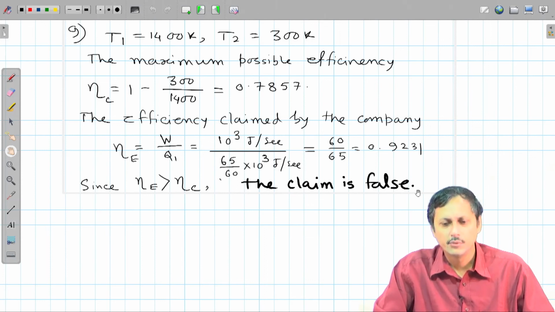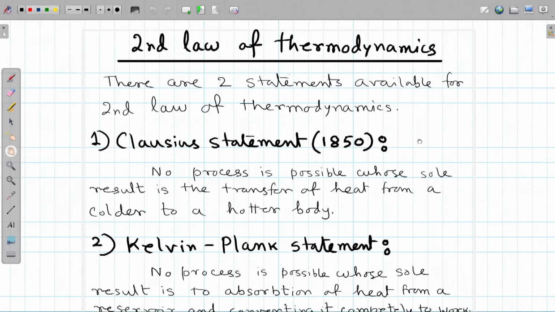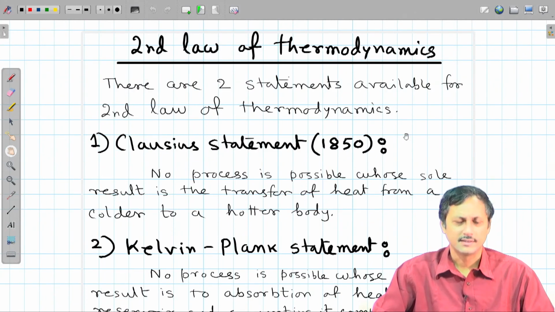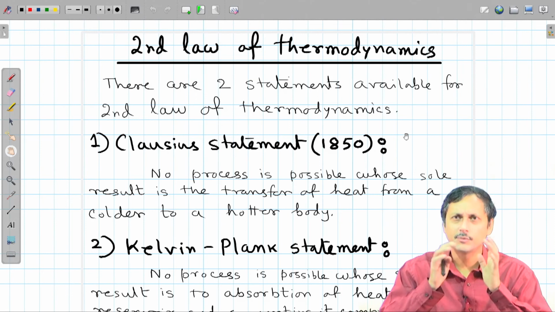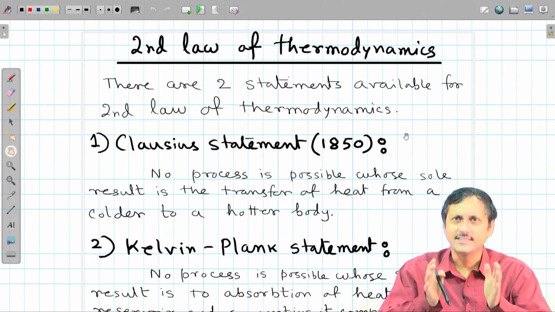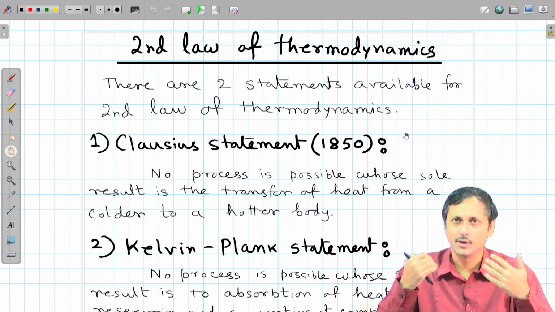right. Now, with this we come to the last part of our discussion today, which is the second law of thermodynamics. Once again the second law, just like the first law, cannot be proved. It comes out as a series of observations and theoretical brainstorming. It cannot be proved, but if we accept the second law, we can explain so many experimental observations in a correct manner that